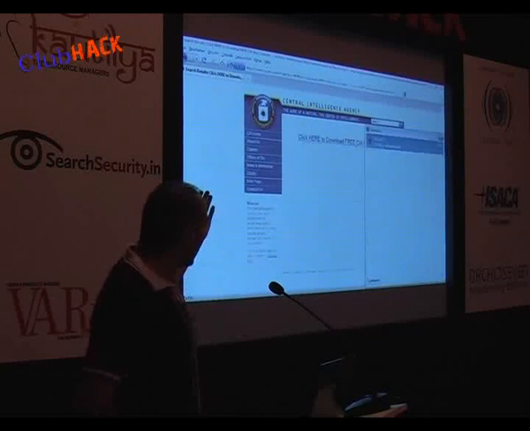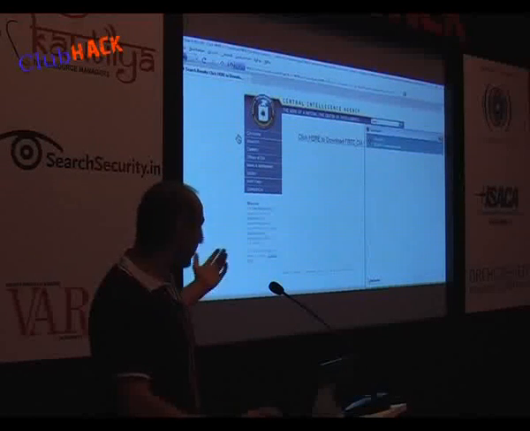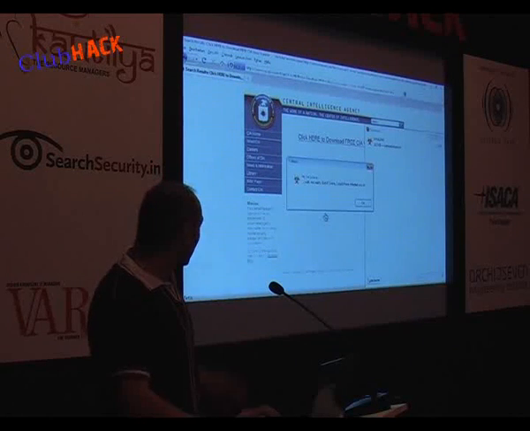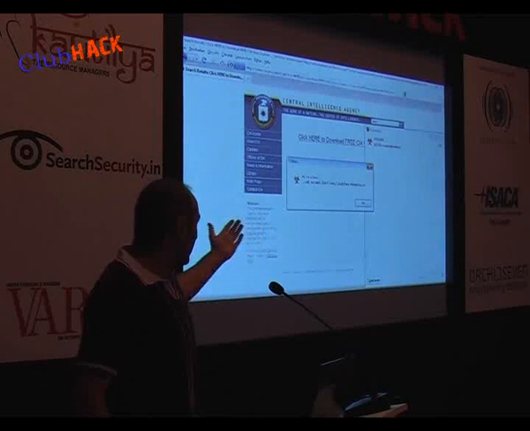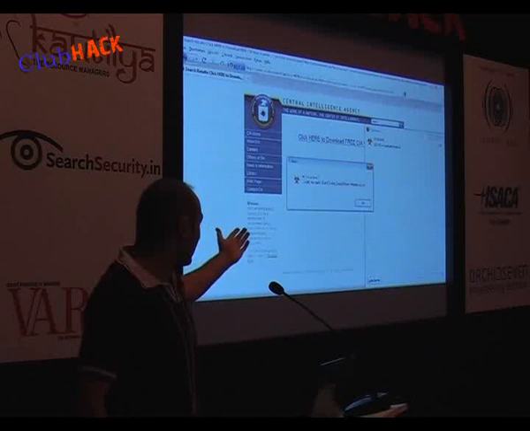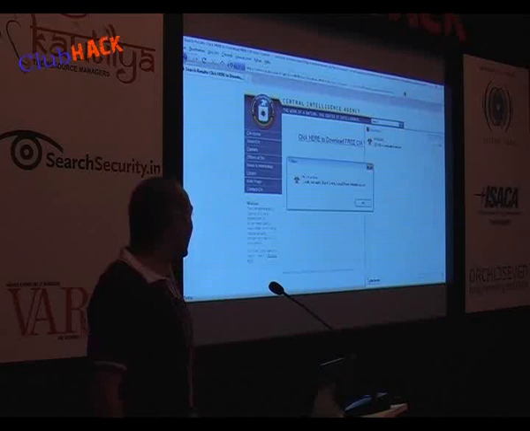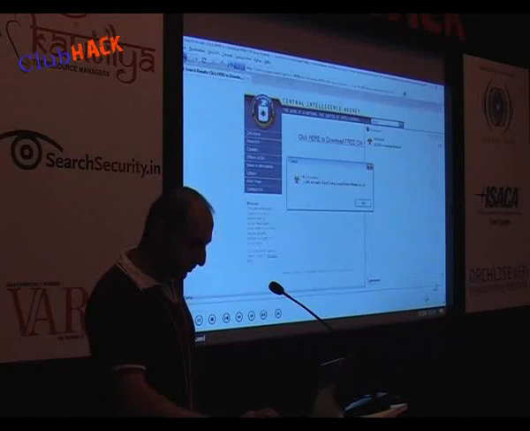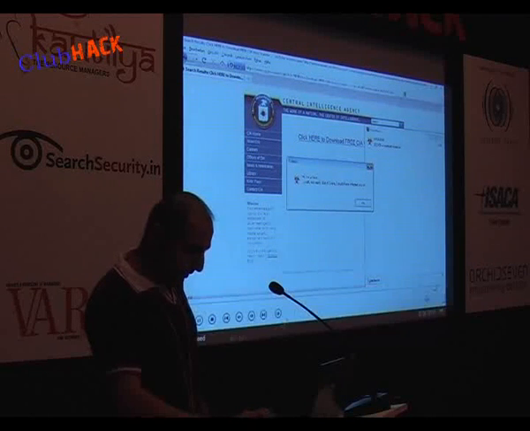The attacker can send this URL address to a victim, and if the victim clicks on that, it will download a virus onto the victim's computer, and this virus will infect his or her computer. This is the XSS non-persistent type.